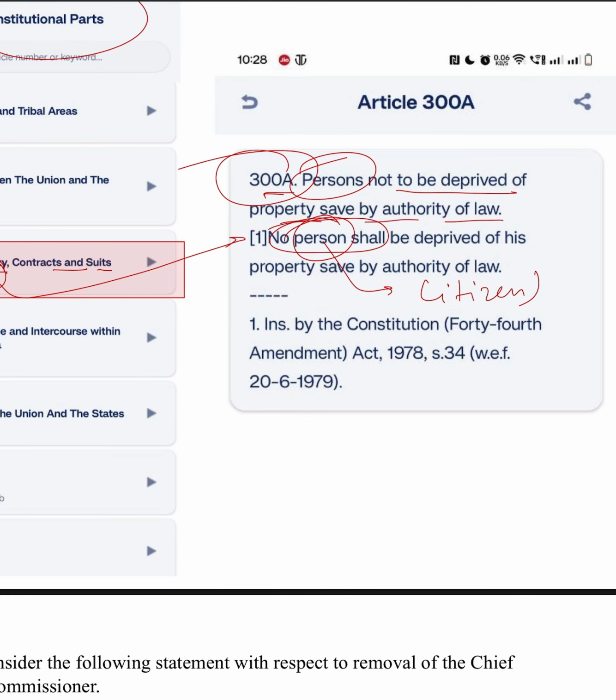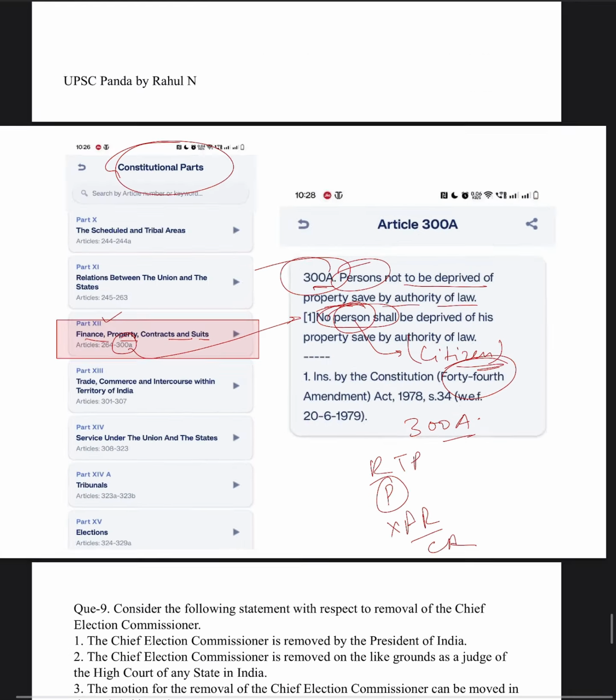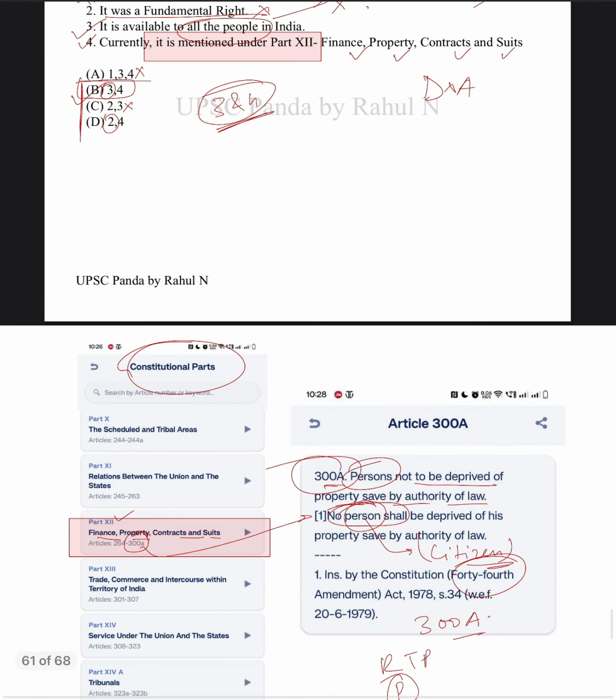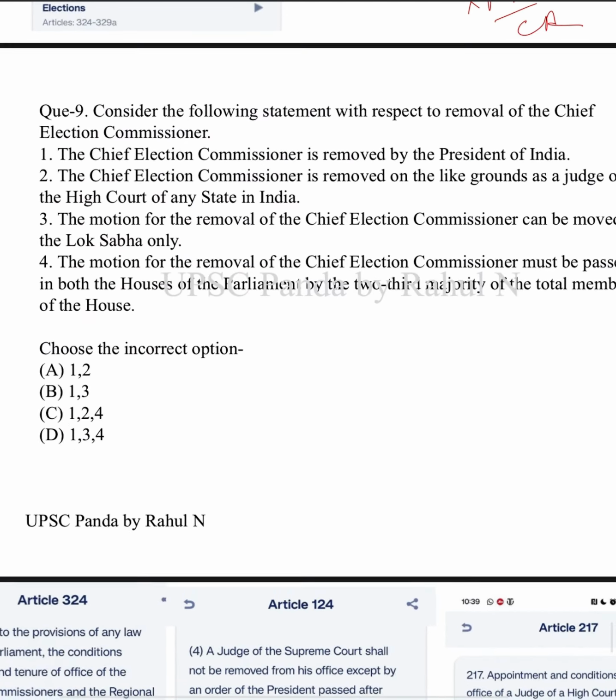This was asked by UPSC a few years back. Means I think in 2023 or 2024. I think 2024. So 44th amendment से ये 300A को जोड़ा गया था. So right to property, and this is for persons or people, not only citizens. This is not a fundamental right, but it is a constitutional right. कॉन्स्टिट्यूशन में लिखा है. ठीक. सो दिस इज डन. नाउ लेट अस मूव टू द नेक्स्ट क्वेश्चन.